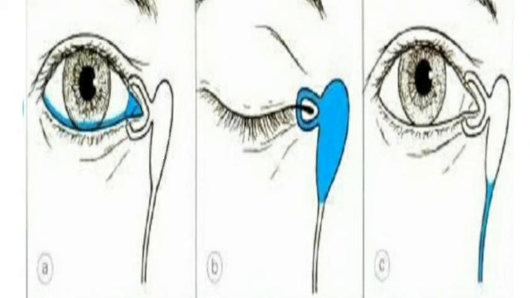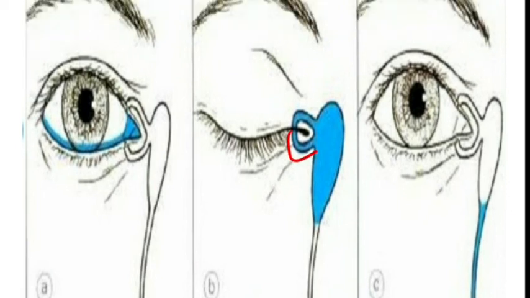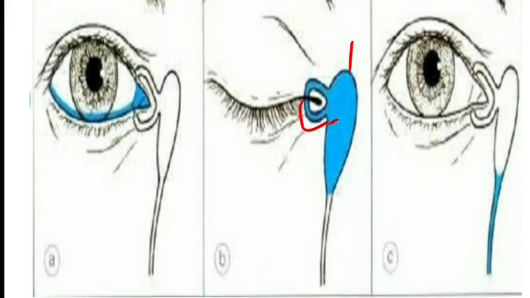So when the orbicularis oculi muscle contracts, that is when we close the eyelids, there is contraction of both the pretarsal muscle as well as the preseptal muscle. When the pretarsal muscle contracts, it will squeeze the tear film from the ampulla as well as the canaliculi and direct it towards the sac. Since the preseptal muscle also contracts, it will distend the lacrimal sac, thereby creating a negative pressure inside the lacrimal sac, which will suck the fluid from the canaliculi. Okay, so this happens when the orbicularis oculi muscle is contracting.